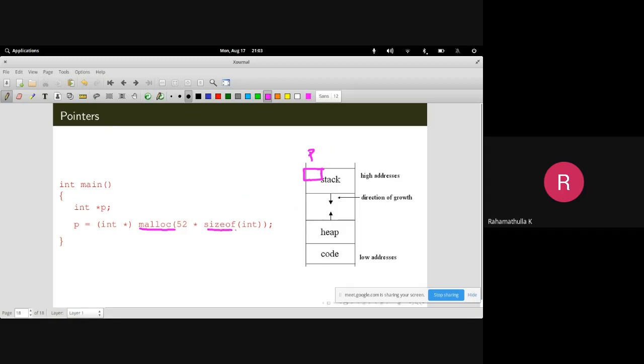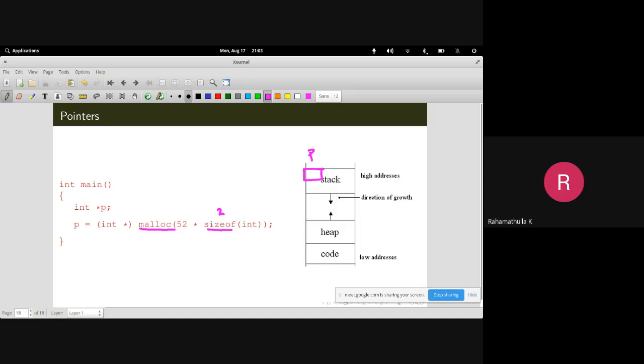So this is an operator, sizeof integer. Previously we said that an integer is going to take 2 bytes. So you can directly give 2 here instead of this. But let's say that decision was given to the system. So the system automatically will find out what is the size of integer, and that will be taken and it will be replaced with 2.